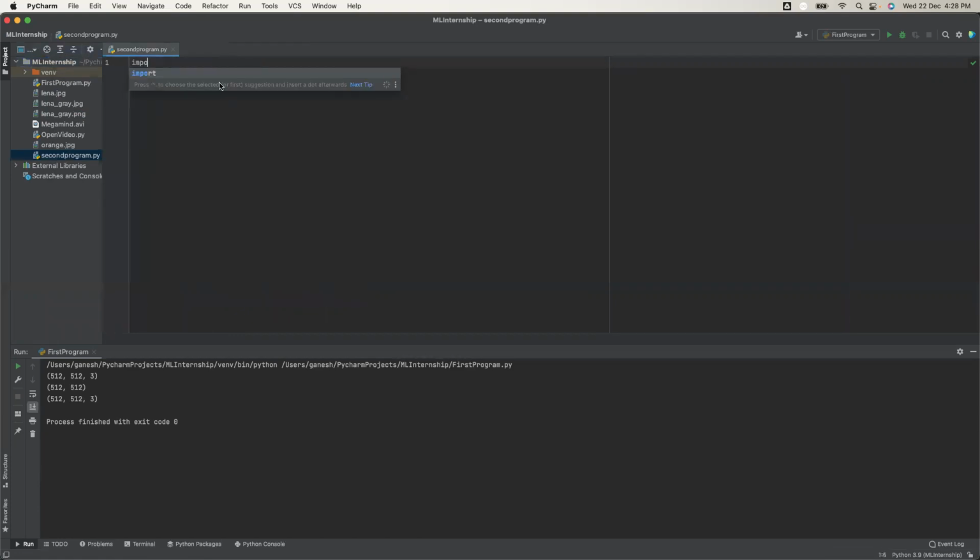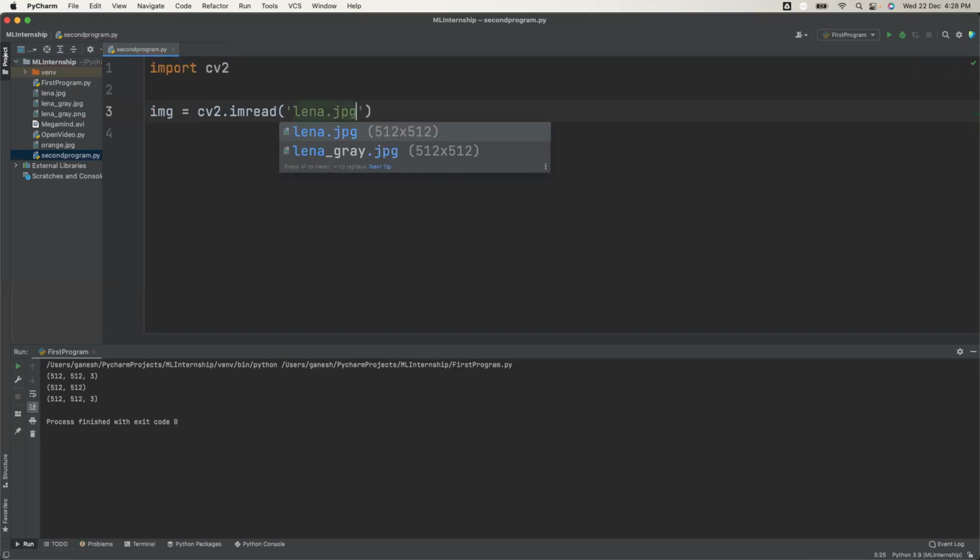The very first line is import cv2. Okay, let's open that Lena.jpg again. I'm using img equal to cv2.imread, and then the lena.jpg file as a default, and I'm showing that.